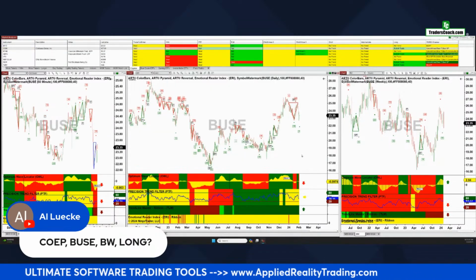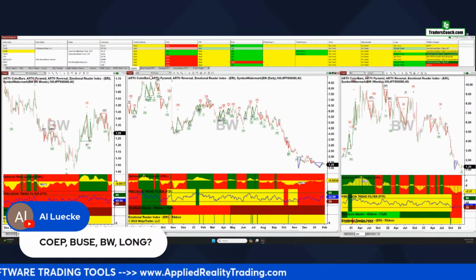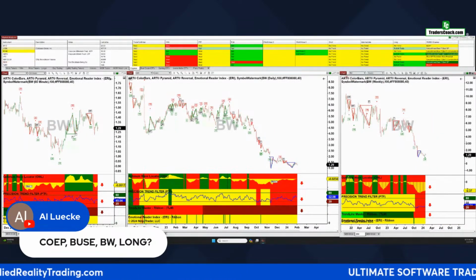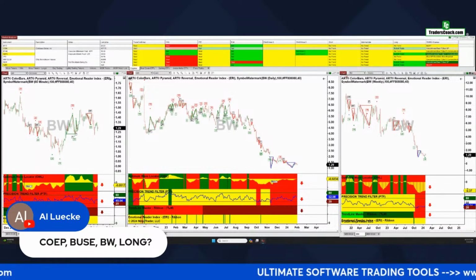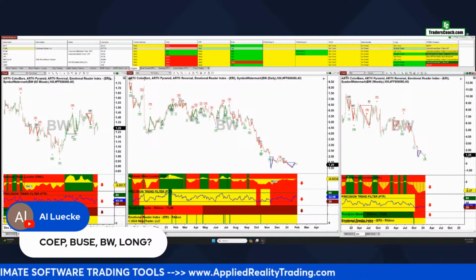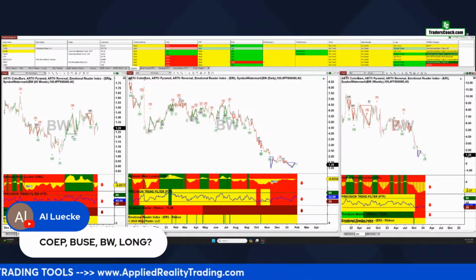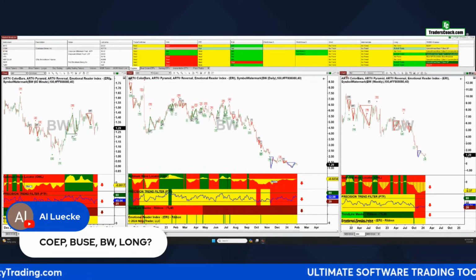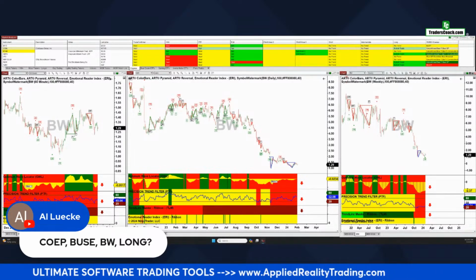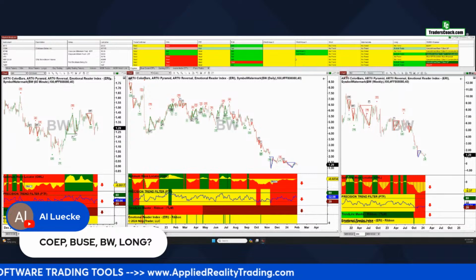BW. I'll tell you, when you have tools that help you like this, it's pretty easy to make a quick assessment because they're all based on probabilities. All right, again, 3 red PTFs, not quite. Now, on something like BW, at least on this one, we're sitting at all-time lows. Very cheap stock, though. You don't want to go in it now, not with 3 red PTFs, but maybe in a month or a couple months, it'll bottom. And then it could be a possibility, but not right now. All right. Thanks, Al.